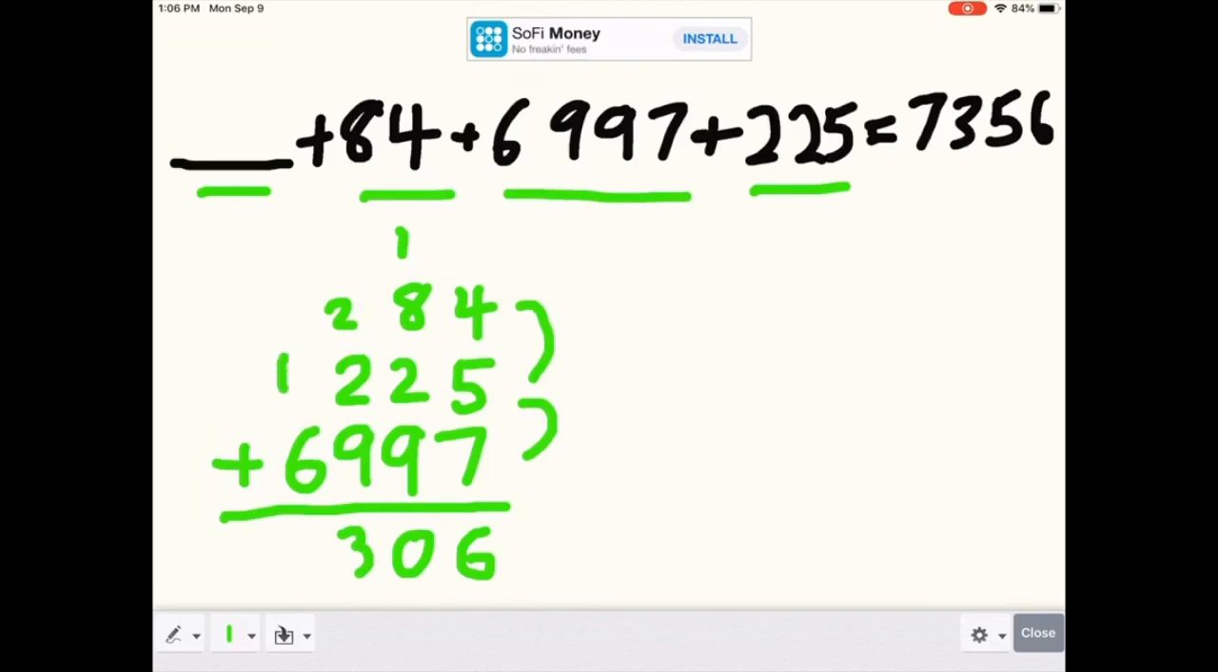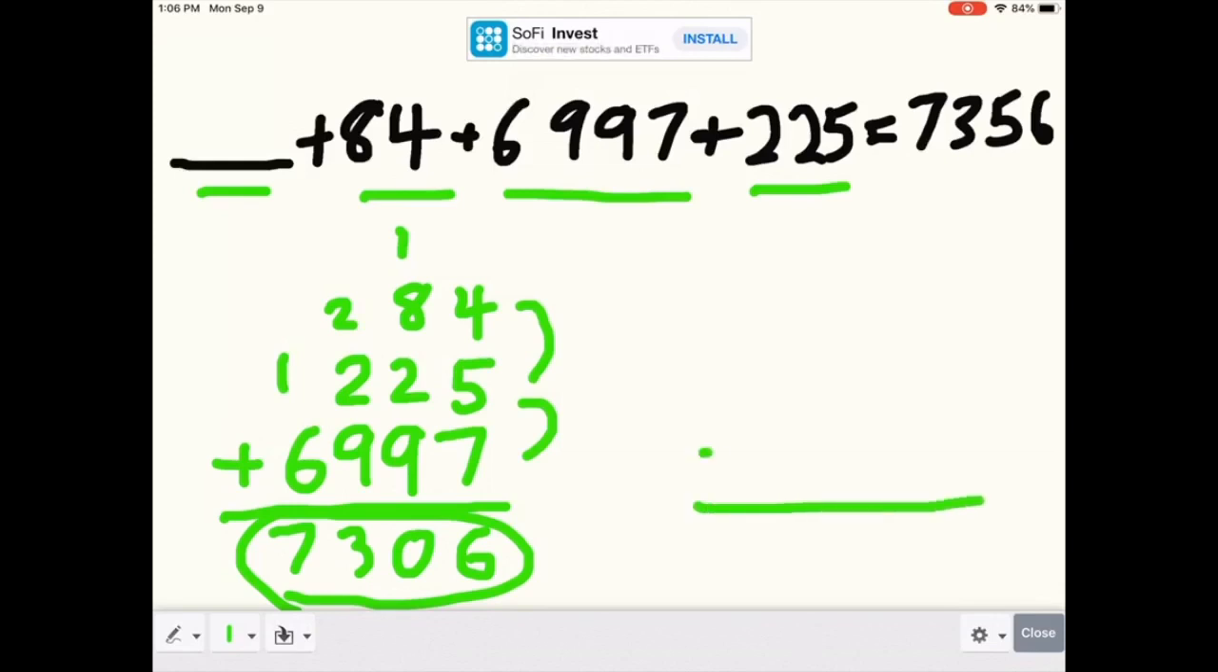Carry our 1. 1 plus 6 is 7. So now we have our first number that we want, 7306. So now we'll make our subtraction problem. We'll put the smallest number on the bottom, so we'll take that 7306 from our first problem we did, and we'll put the sum of the original problem on the top. So